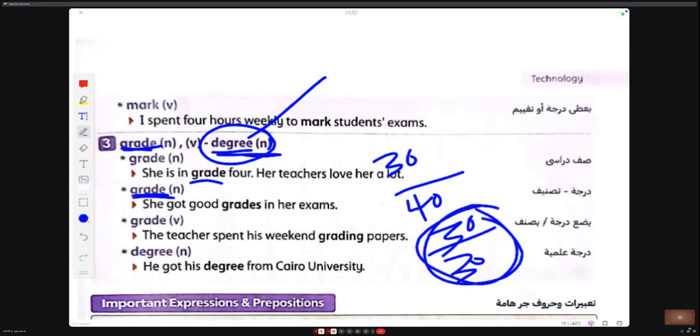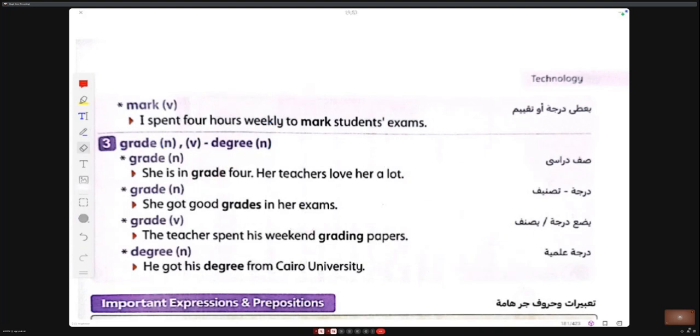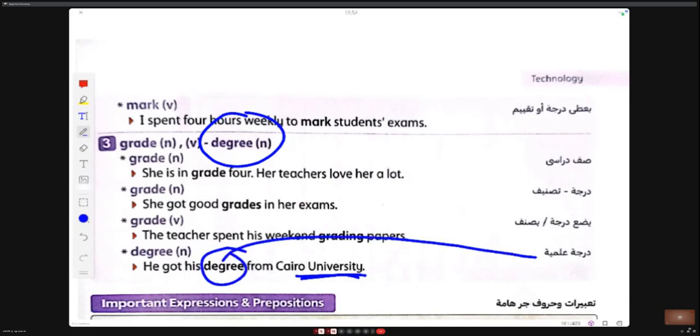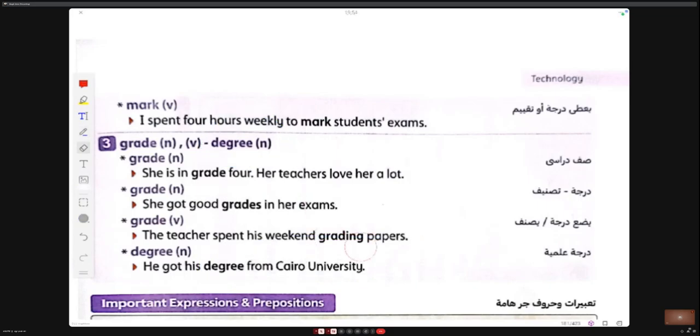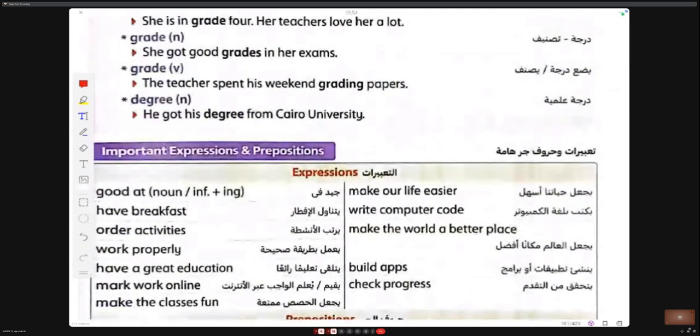But degree is a scientific degree, or when you finish university, for example. He got his degree from Cairo University. Degree means he finished his college, graduated from college.